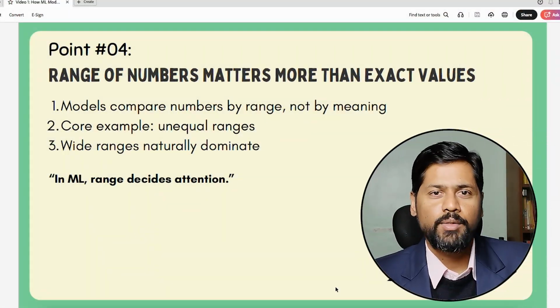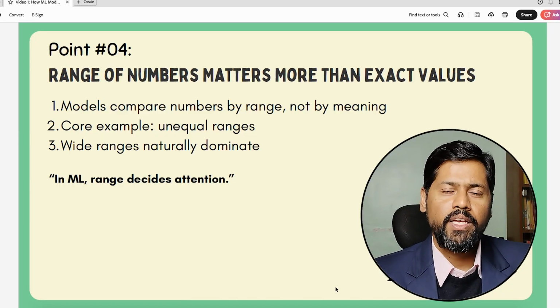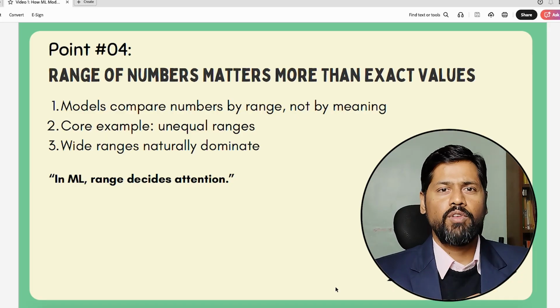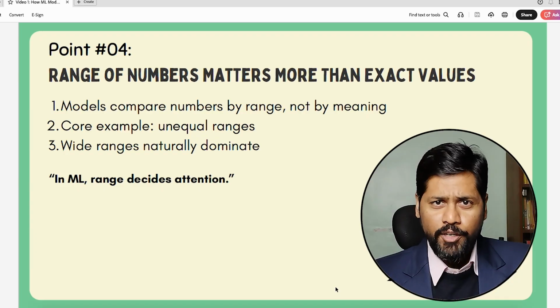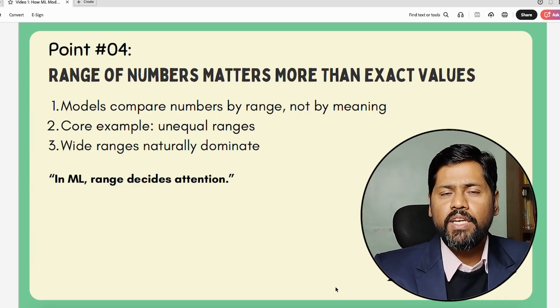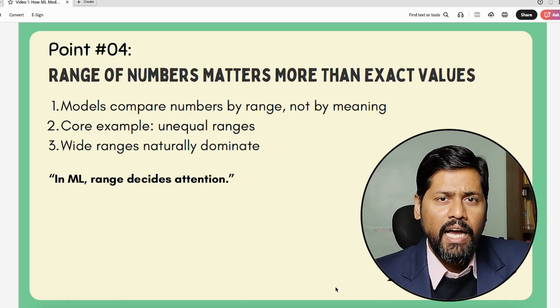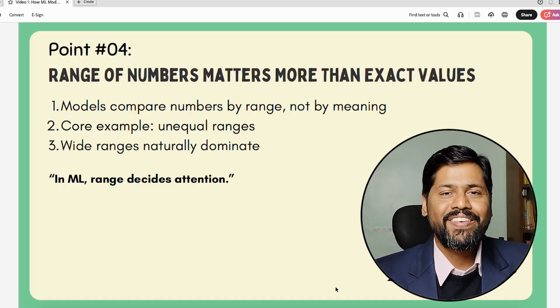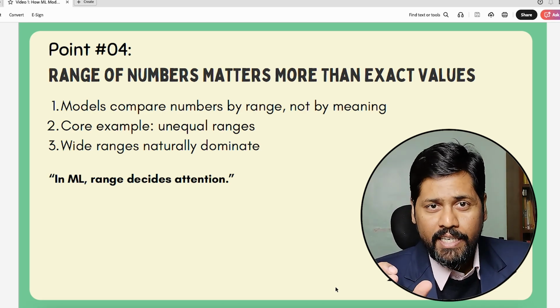We know that a model basically compares two numbers. It does not understand the meaning behind those numbers. While we were discussing our point one, you remember we had two features. One had a range of 1 to 100, another had a range of 1 to 100,000. For a 10% change, feature 1 will give a value of 10, whereas the other will give a value of 10,000. And for a model, 10,000 is always greater than 10. So we need to be very careful when selecting ranges. These two ranges are very different for a model.